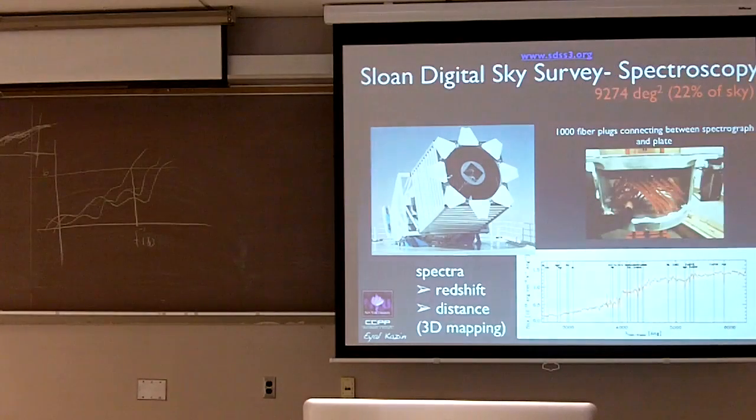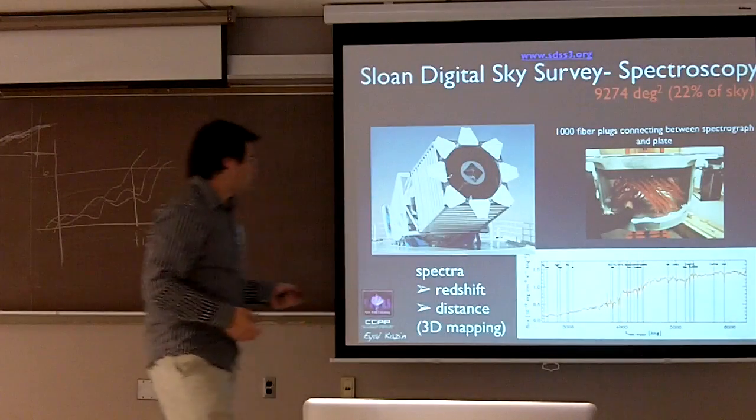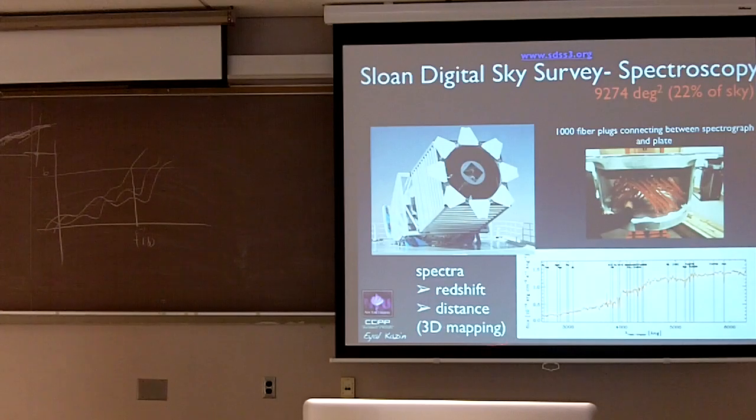And the next phase is you want to identify objects, and then objects of interest that you want to get spectra from. You follow up by measuring the spectroscopy, and of course there are many things you can do with spectroscopy, like identifying elements, etc. But from my analysis, the most important thing that comes out is you get a 3D mapping of the universe, which is important because through redshift you get a proxy of distance.